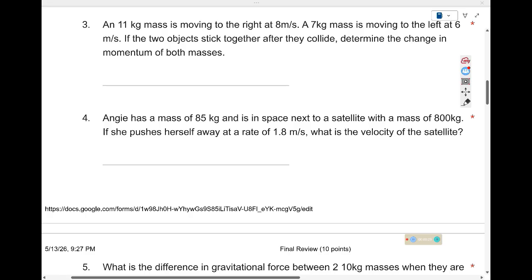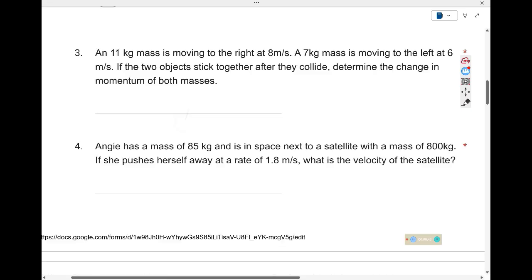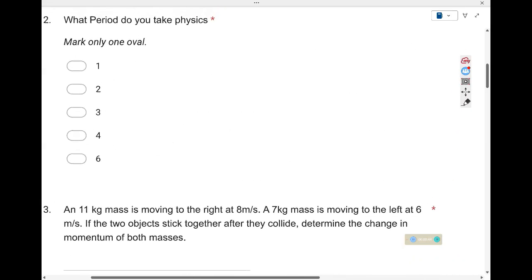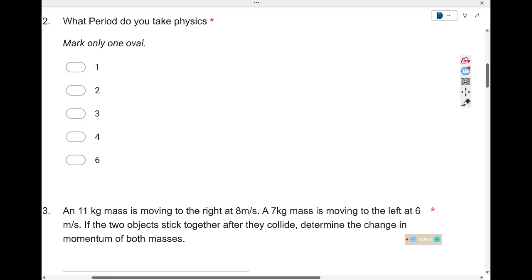Okay. So, first one, an 11 kilogram mass is moving to the right at 8 meters per second. The second, 7 kilogram mass is moving to the left at 6 meters per second. The two objects stick together after they collide. Determine the change in momentum of both masses. Okay. So you really do want to pay attention to this one. The important thing here is understanding that